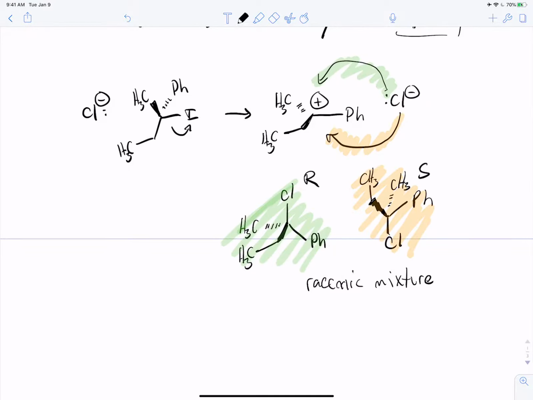So it doesn't really matter here. If you started with 100% R here, let's say, of whatever this is, what you end up with, no matter what, is a racemic mixture. And the reason for that is that the intermediate here is achiral. So whatever information was stored, if you want to think of it